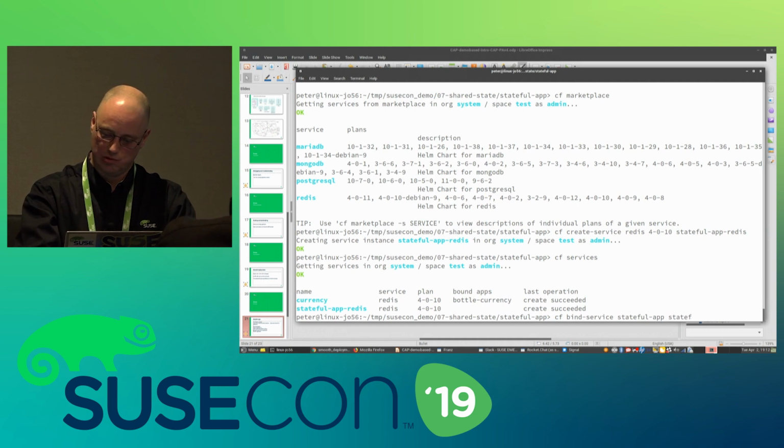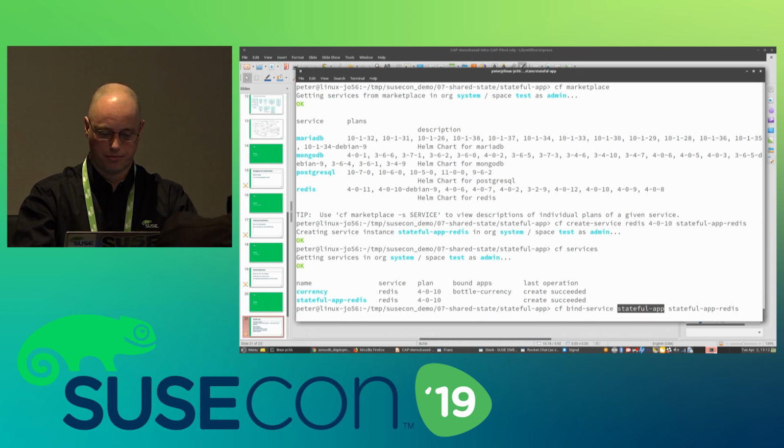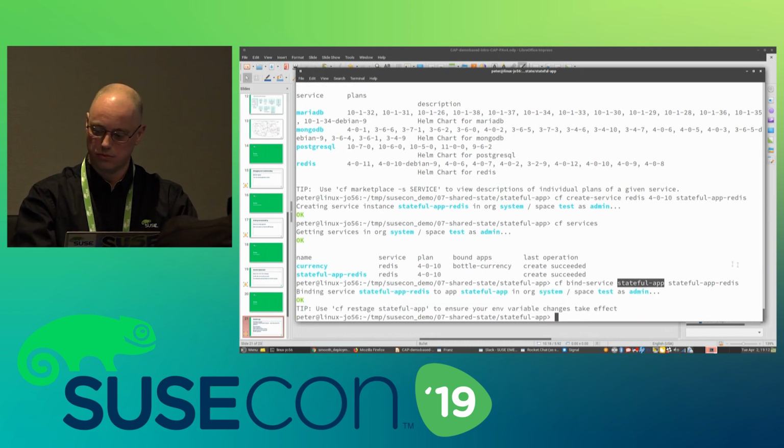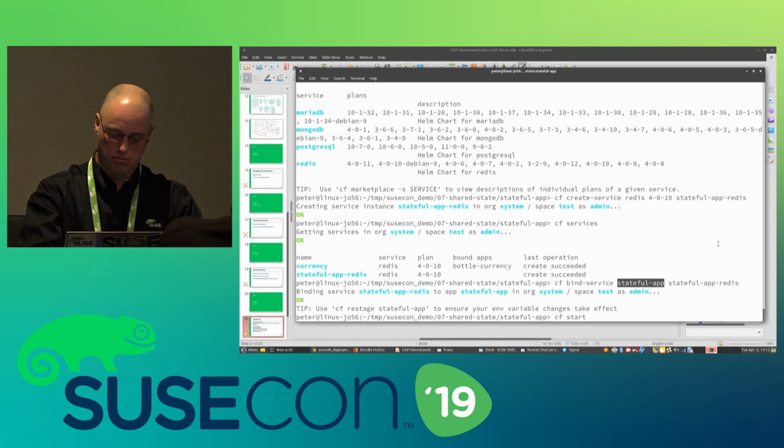Stateful app redis. So this is the service name, and this is the app. So now I bind them together, and then I can start my application. So cf start stateful app.